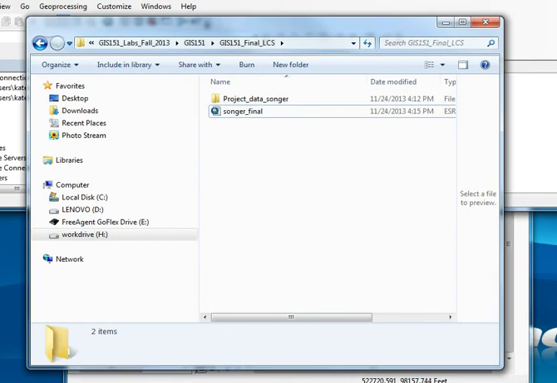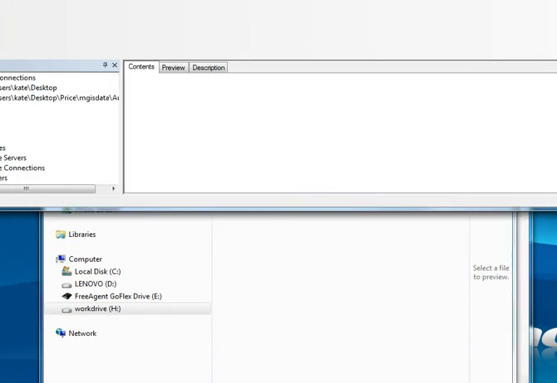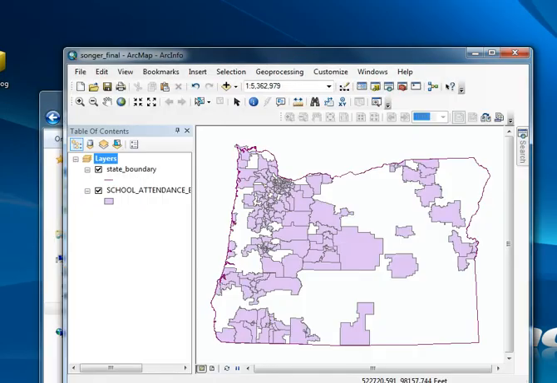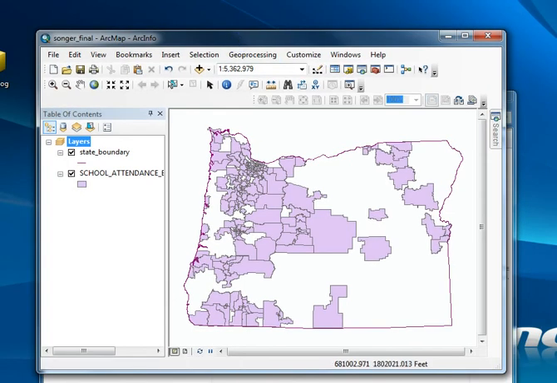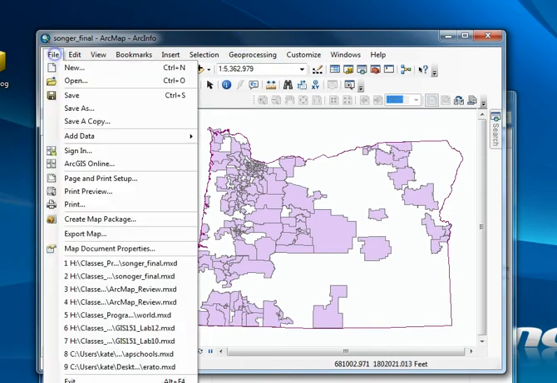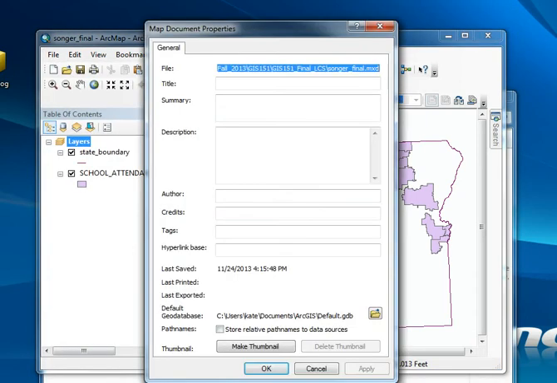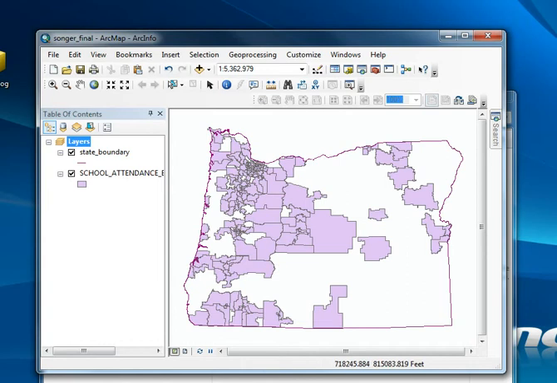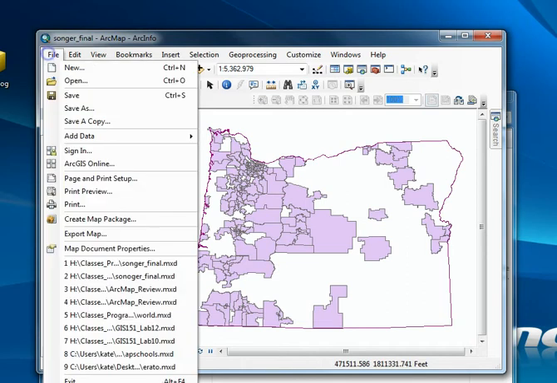Okay, so I have my folder up. I have my two data layers in here, and I want to make sure that I go into File, Map Document Properties, and Store Relative Pathnames. Okay, and then save that,